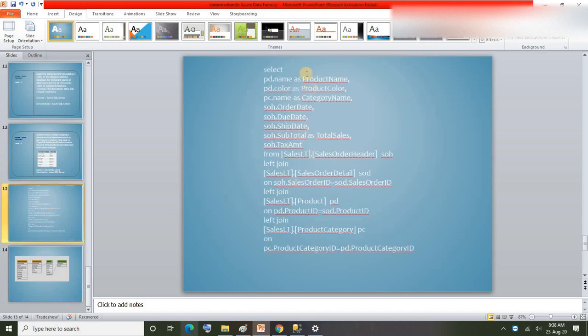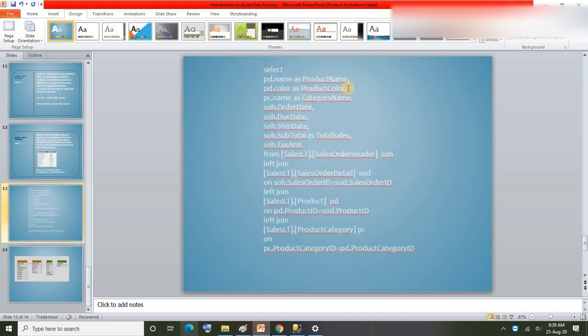So here I already built the query. In my previous video I used this query to load into the final destination table, right? But currently our source is a SQL database. As it is a SQL database, we can build a SQL query and use that query for loading into the final table. But in case our source datasets are like Excel or CSV files, of course we can't write this SQL query to join all the datasets and load the data into the final dataset, right?